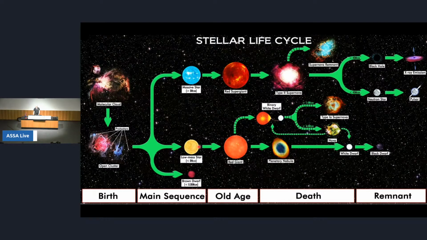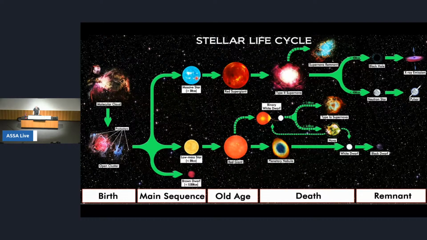They'll burn hydrogen for billions of years, run out of fuel, become a red giant, blow off their outer atmospheres, become a planetary nebula, and then we'll end up with a white dwarf, which cools off over billions of years to become a black dwarf. But no white dwarf has ever had enough time to cool off that much in the lifetime of the universe. And for stars that are greater than 8 solar masses,